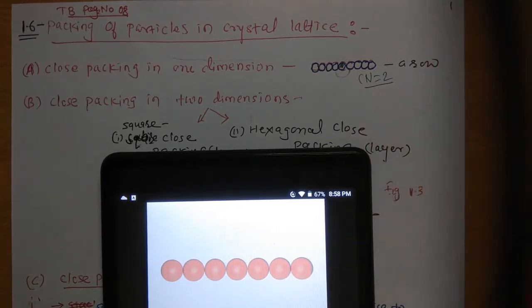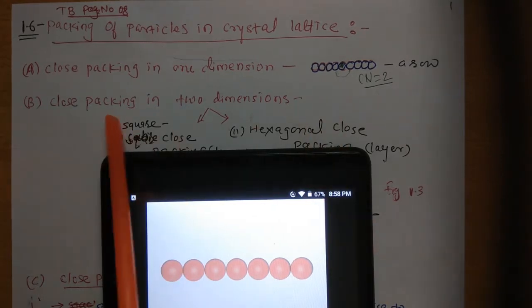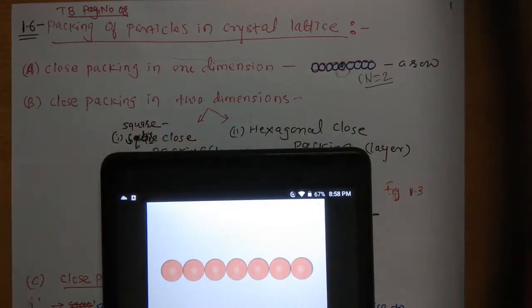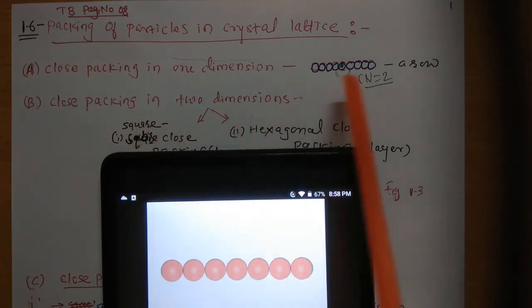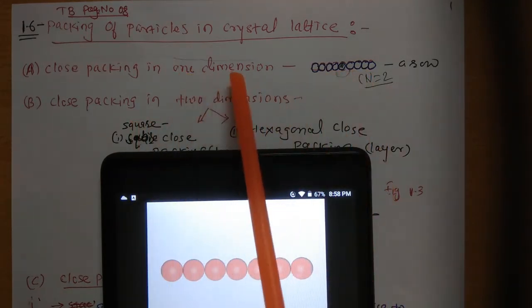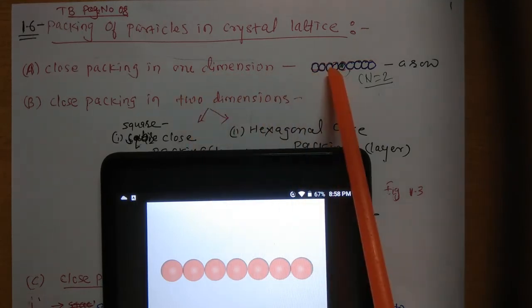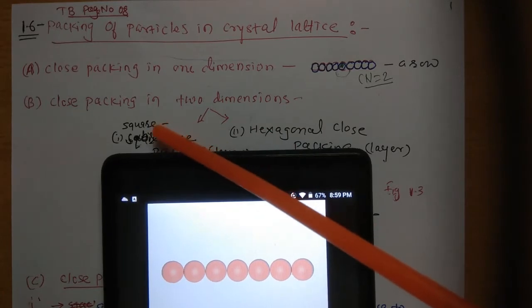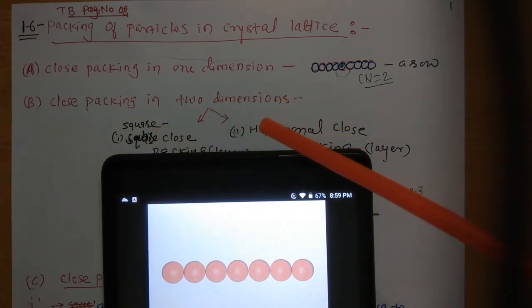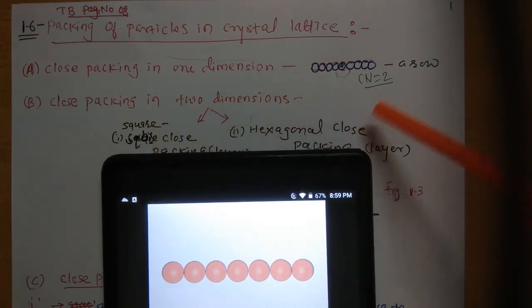Now see the closed packing in two dimensions. The closed packing in two dimensions can be done by using the packing in one dimension. This can be done in two ways, that is square closed packing and hexagonal closed packing.